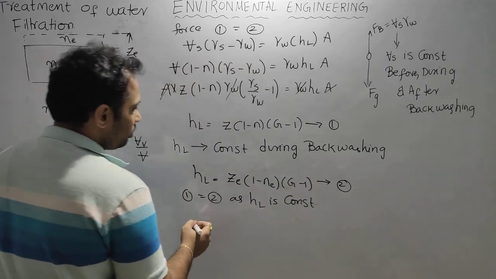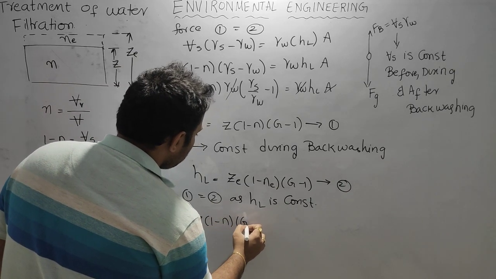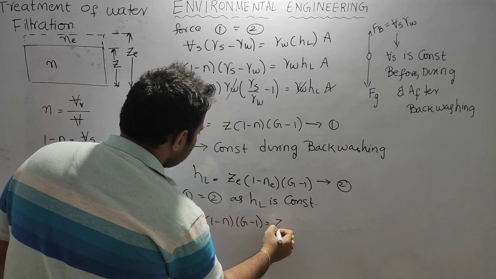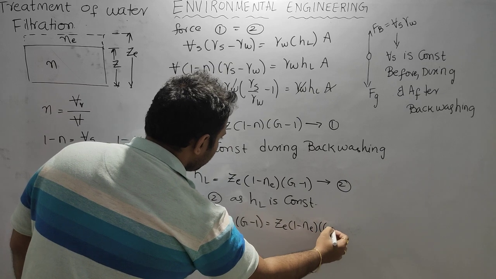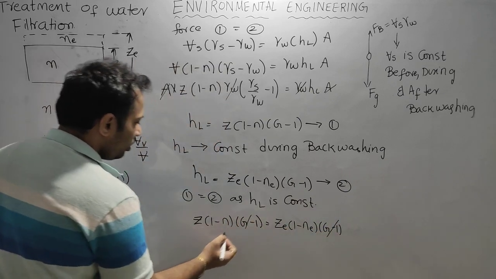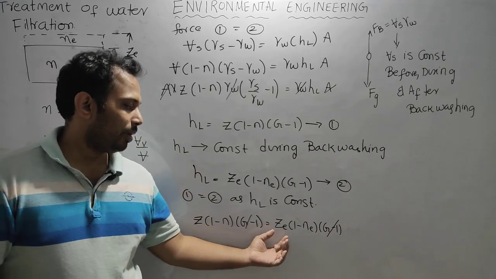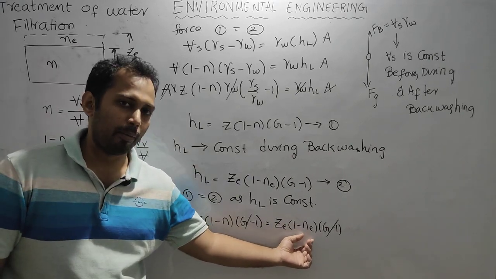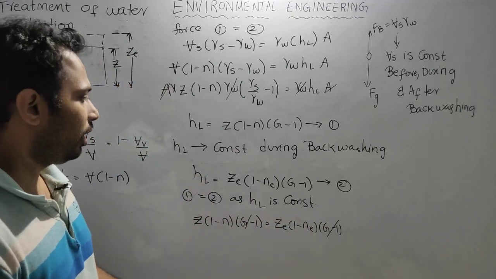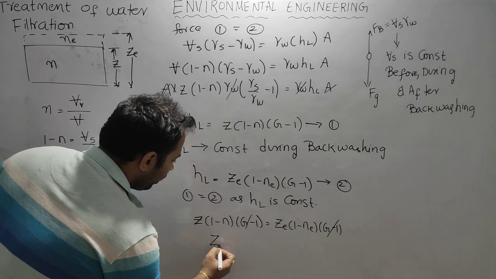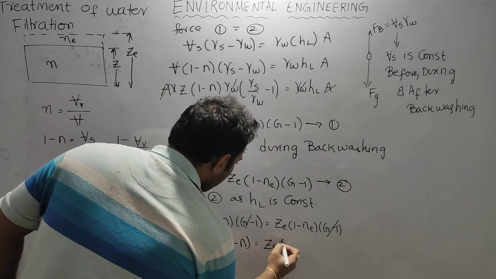That means Z into (1 minus N) into (Z minus 1) is equal to Ze into (1 minus Ne) into (Z minus 1). So this is the equation which will help you to find the expanded bed thickness and expanded bed porosity if you know any of them. If you know the rest of the data, we can find easily: Z into (1 minus N) is equal to Ze into (1 minus Ne),